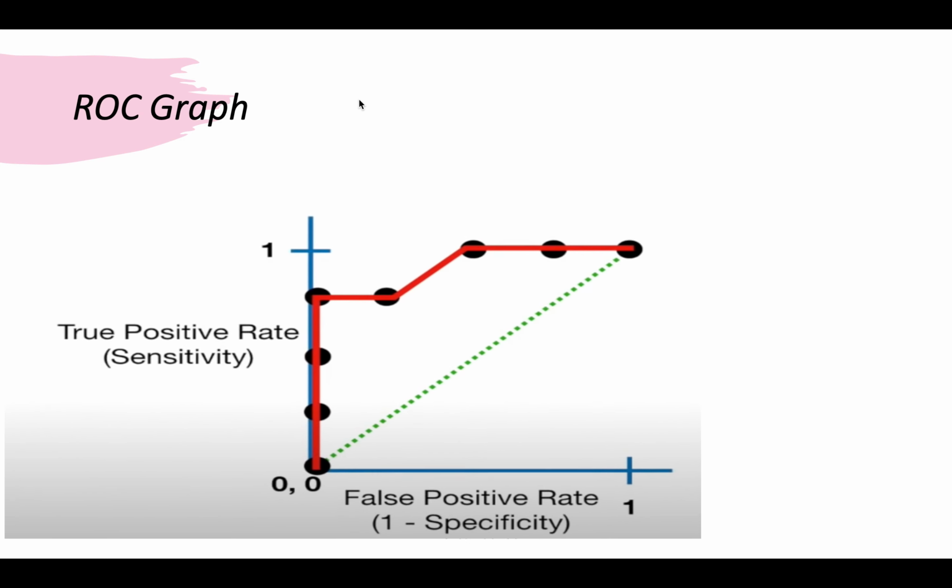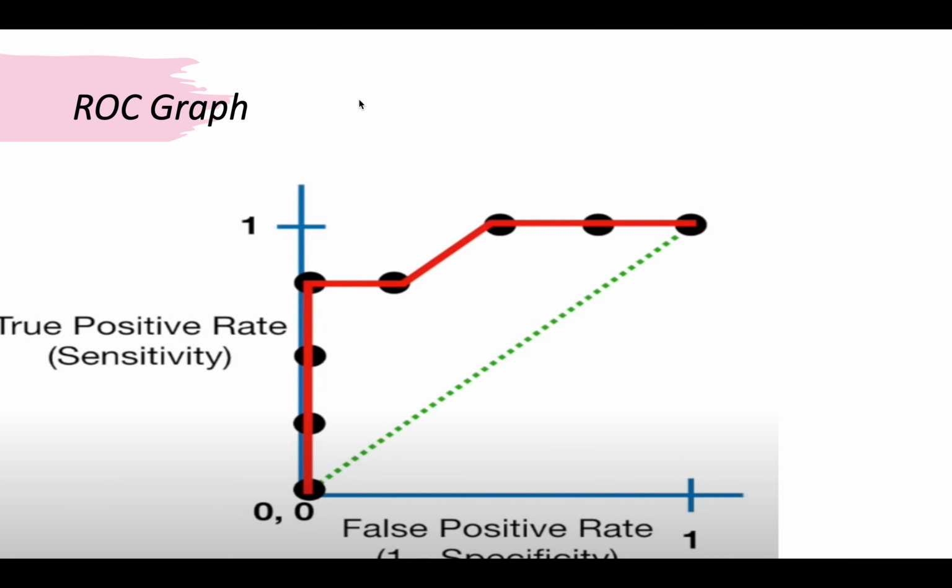So here you can see in the graph, the graph is between the true positive rate, that is sensitivity, and the false positive rate, that is 1 minus specificity. On the data point 1 comma 1, so x axis 1 and y axis 1, is the top right data point, and there is also a left data point. By using every different threshold level, we calculated the data points, and if you connect these dots with a line, then this line is the ROC curve, receiver operator characteristic curve, right?